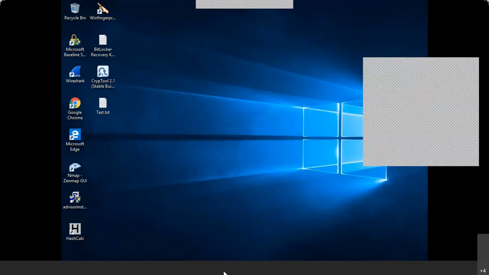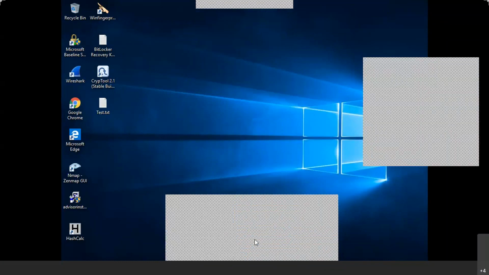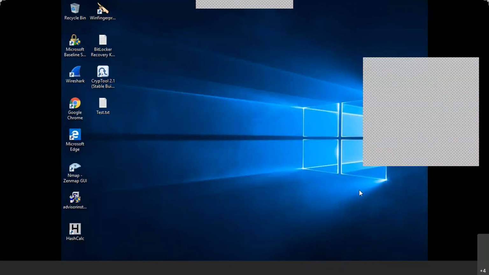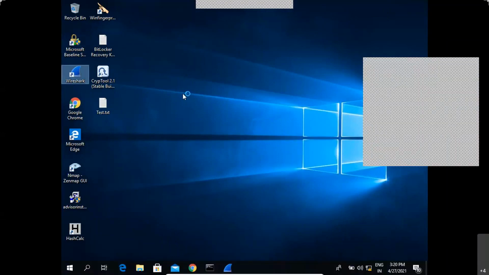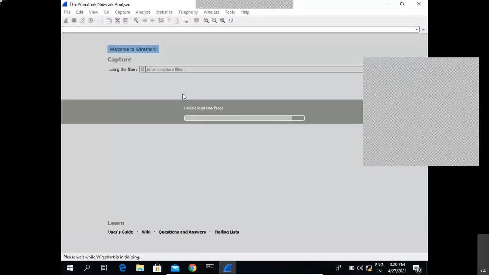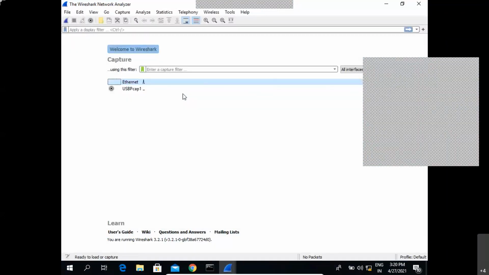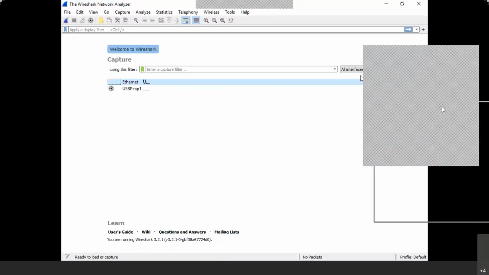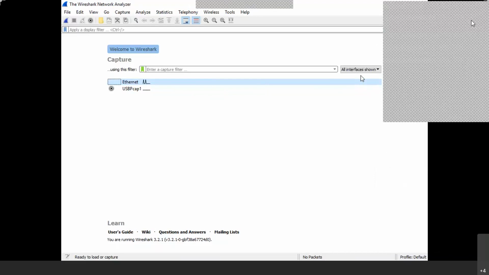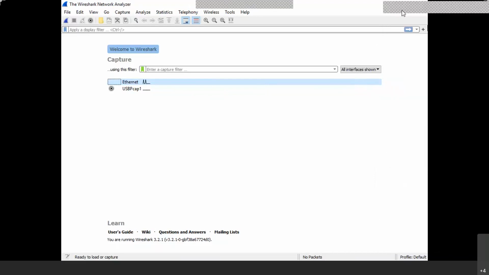Yeah, as you can see, this is my machine where the Wireshark tool has been installed. First we'll open the Wireshark tool. Okay, as you can see, this is the Wireshark tool. I'm not going much into the installation part, because on a Windows machine it is a normal EXE installation. We have to download Wireshark.exe from the website which we have discussed, and then just proceed with the installation.